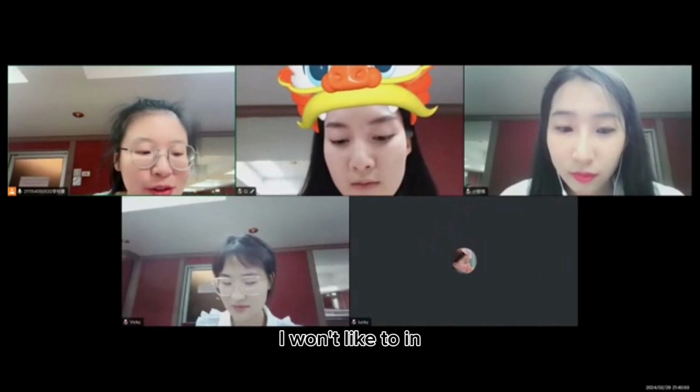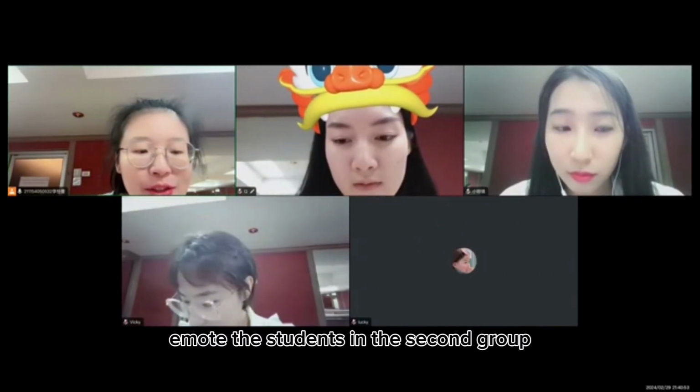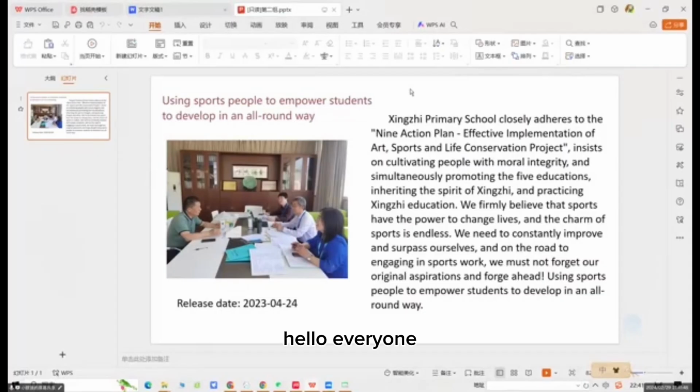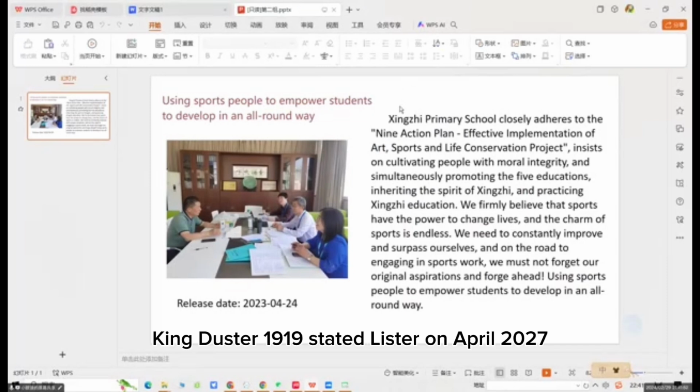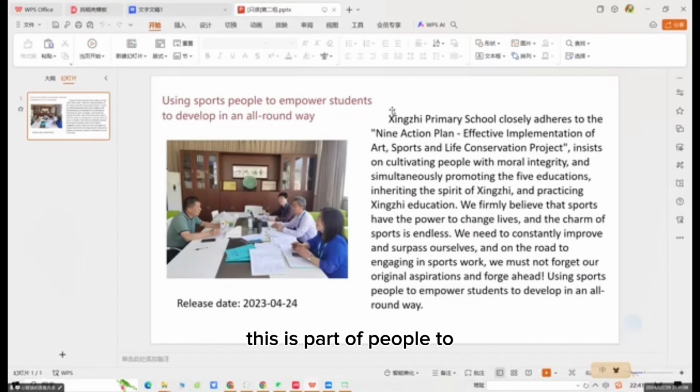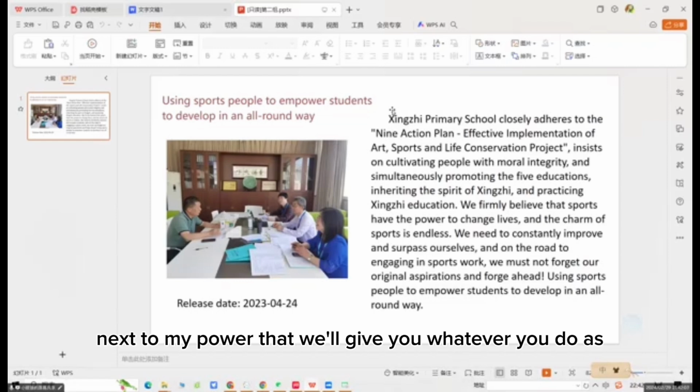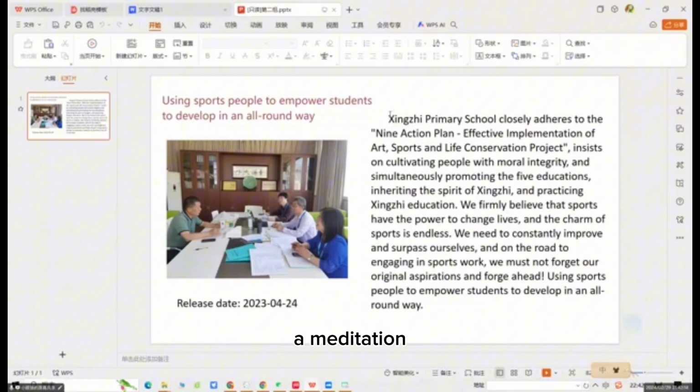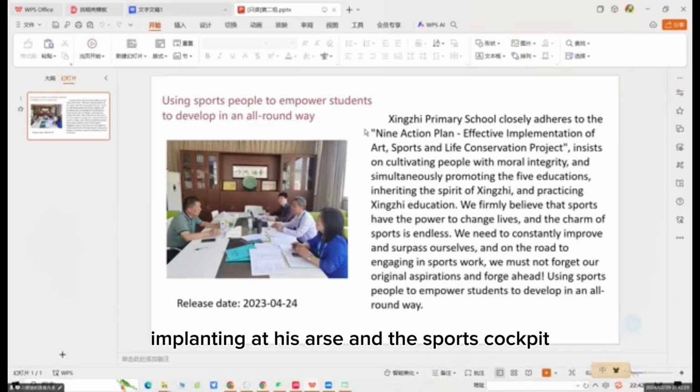I would like to invite the students in the second group. Hello everyone, we are the second group. Xinzhi Primary School, Fuqing District, Nanjing City, on April 2027, uses sports to empower students to develop in an all-round way. Next, my partner will give you the details. As mentioned in the article, Xinzhi Primary School has effectively implemented the nine action plans, implementing arts and sports